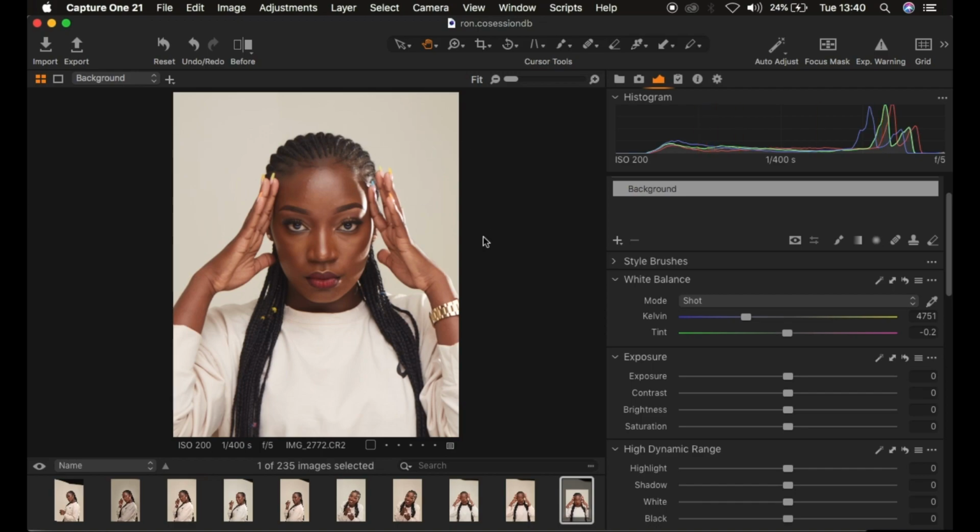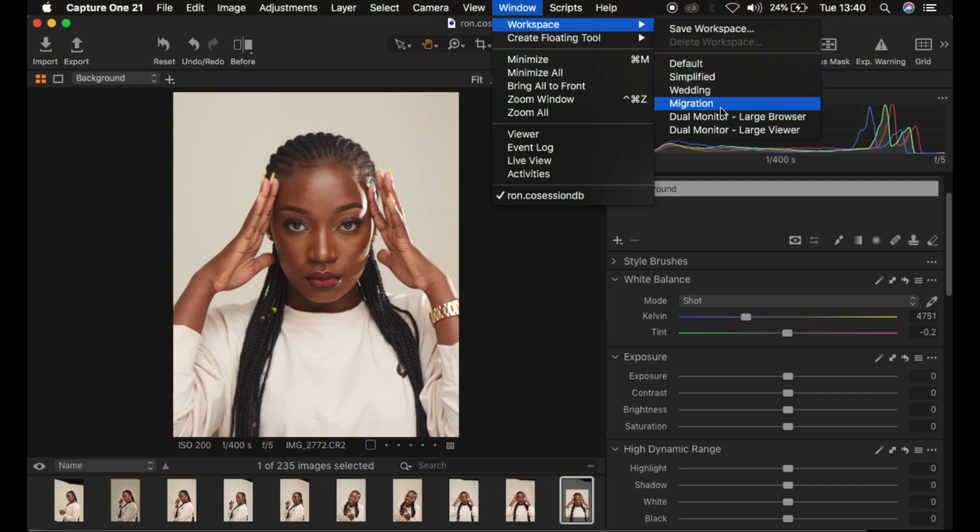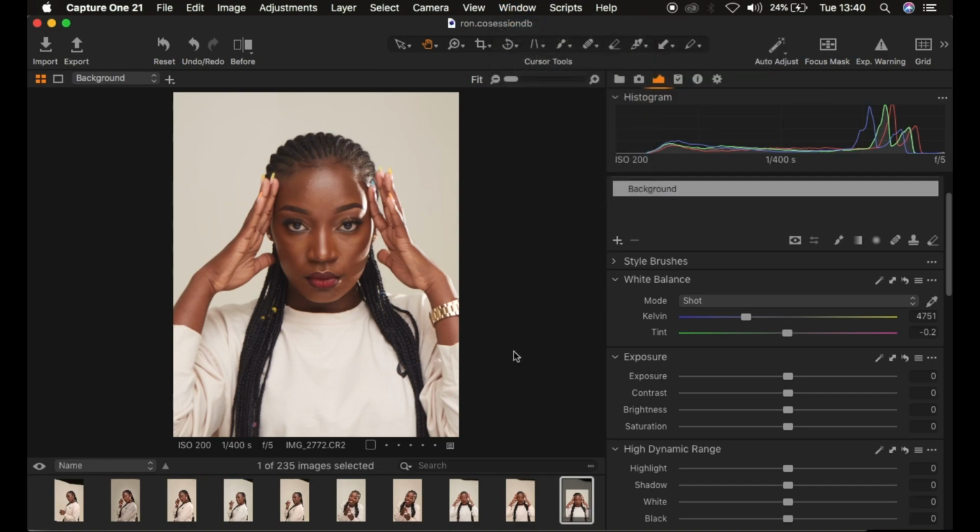So right now this is the interface, and if you'd love the interface to look like mine, you can simply come to Window, Workspace, then you come down to Migration, and you'll have your adjustments the way they are right here. So basically, when it comes to Capture One, the very first thing we tend to do, like